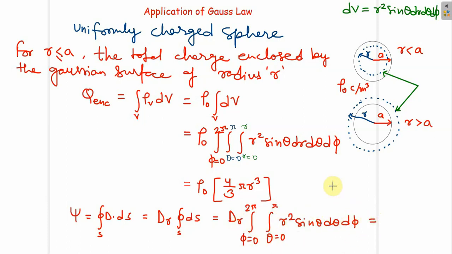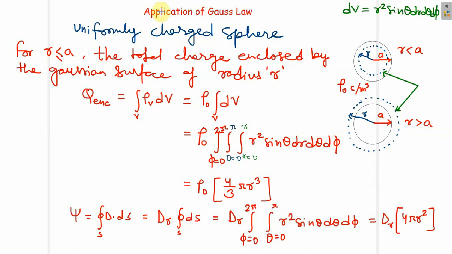So now again we know the surface area. If you solve this double integral, obviously through solving it we will obtain the surface area. So what is the formula for surface area of a sphere with radius r? It is 4 pi r square. Even if you solve this double integral, this is how you can get that formula, but since we know that, we can write it 4 pi r square. So this is Dr into 4 pi r square.